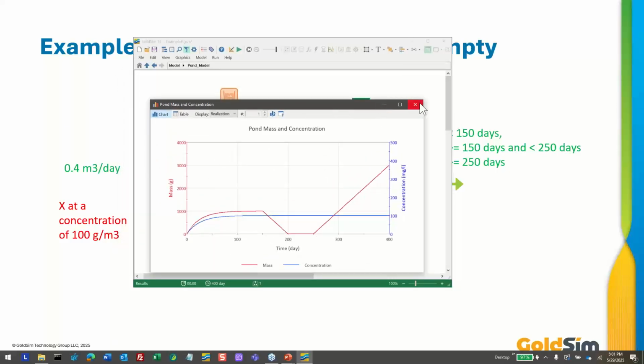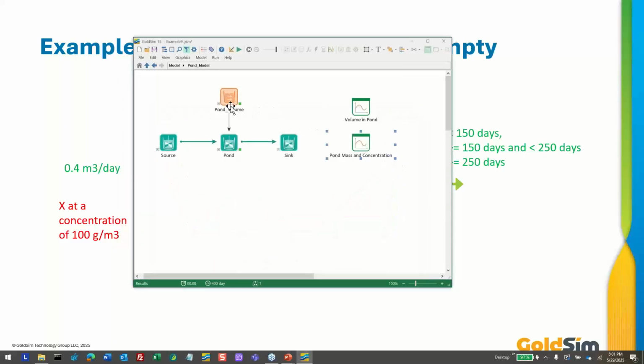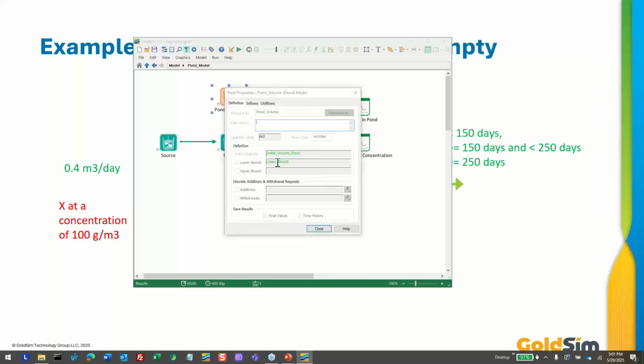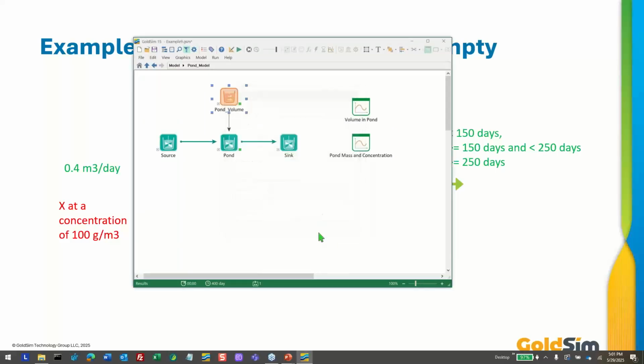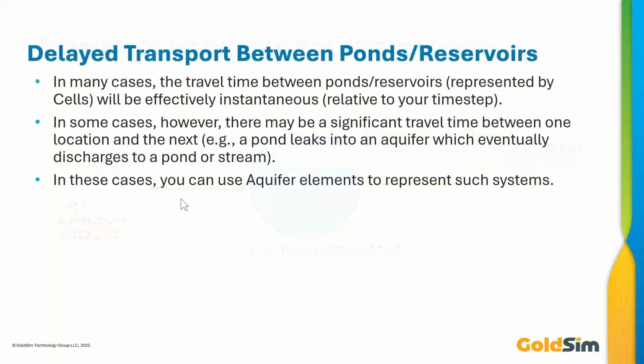And again, the trick was make sure your lower bound is not 0, make it a very, very small number, and set the solution precision to low. If you want to understand why this works, the documentation discusses it in great detail for those of you who are interested. The final thing I want to discuss, and then we'll wrap up, is in many cases, you're at